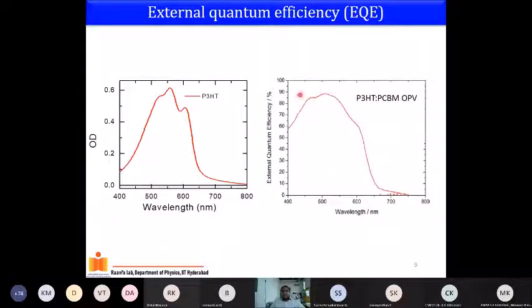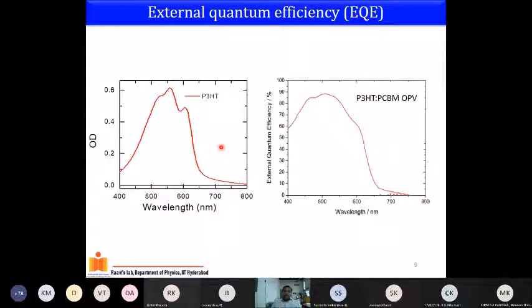Okay, so this is a simple way of measuring your EQE. So even if you do not have access to an EQE setup, and you want to make a solar cell, it is sufficient to measure your absorption to at least predict where I can get my efficiency. When I come to it later, there is a possibility of adding a third component or a second component which can increase the absorption further, so you can harvest light from various points, and one can look in detail at how the EQE can be enhanced. The EQE enhancement would directly reflect in the JV, your solar cell efficiency.